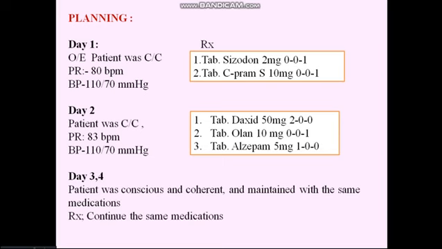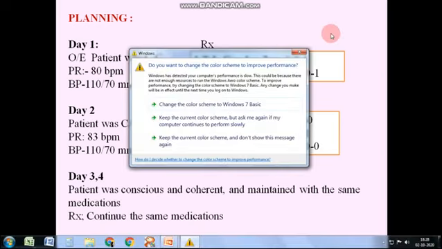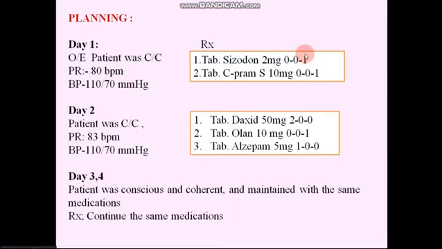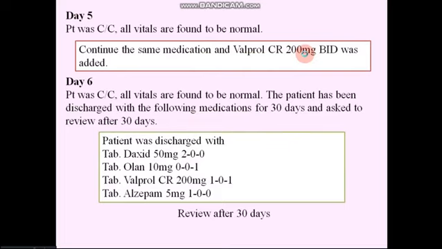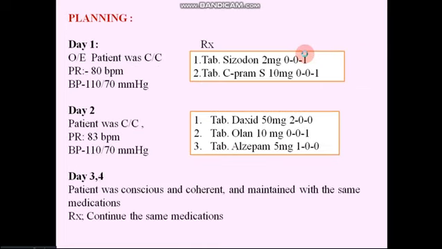And here we have to know that if on day 2 we have any complaint, you have to mention it here itself. Here on day 2, you have to mention what complaints the patient had. On day 5, all the vitals were found to be normal. Before writing the medications, you have to write the frequency of usage, whether morning or afternoon or night you are prescribing the drug.